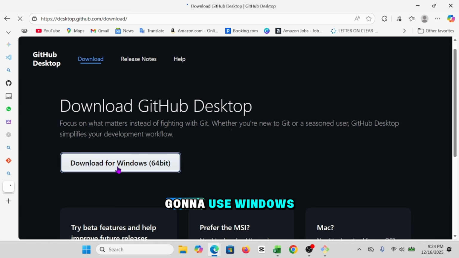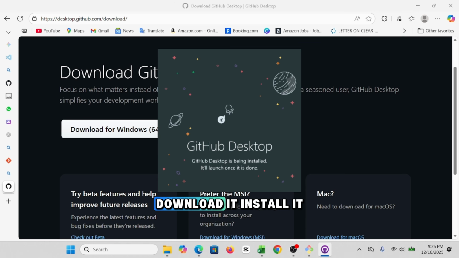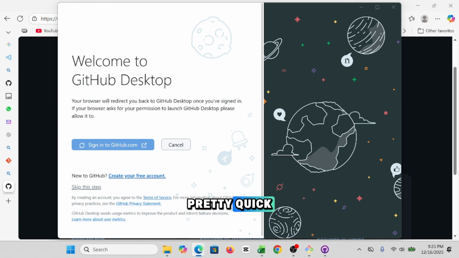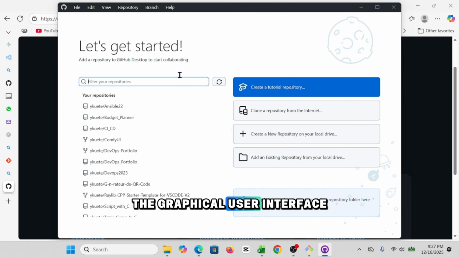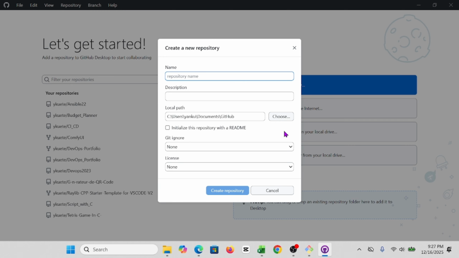In my case, I'm going to use Windows, so I'm going to choose Windows 64-bit, download it, and install it after that. Okay, the installation is pretty quick. You can see that it's going to move forward quickly. Then you can see the graphical user interface, looking similar to Git Bash, but in GUI mode. Once on your graphical user interface, click on add